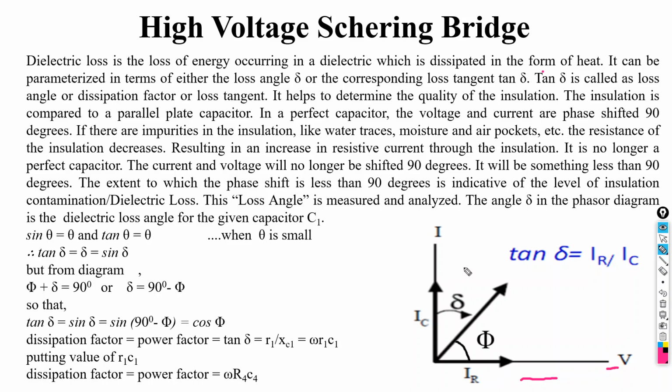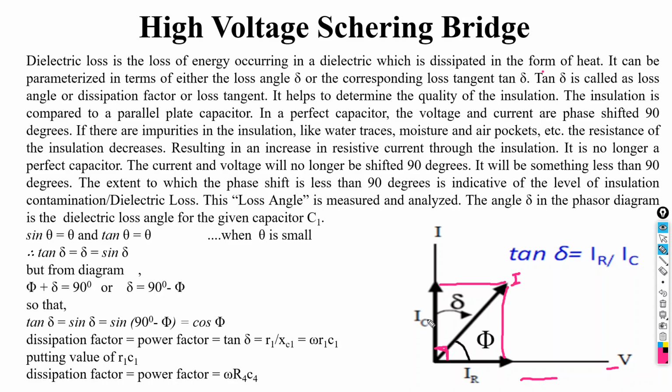Then if you consider the case of a pure capacitor, the current is going to lead the voltage by 90 degrees. So if voltage is taken as a reference, then with respect to the voltage, the current IC is going to lead this voltage by 90 degrees. So this angle is 90 degrees because in a pure capacitor the current leads the voltage by 90 degrees, and the resultant of this current IR and IC is nothing but the total current I. This resultant will be plotted by drawing a parallelogram, and this resultant will be the current I.